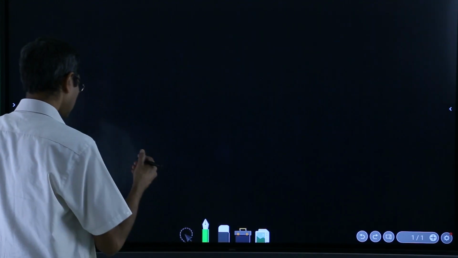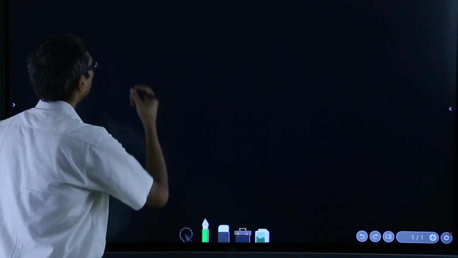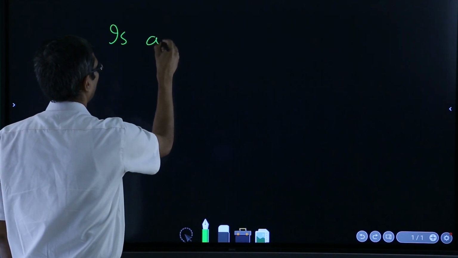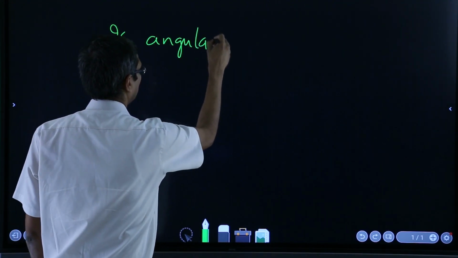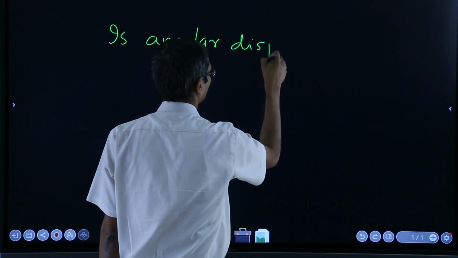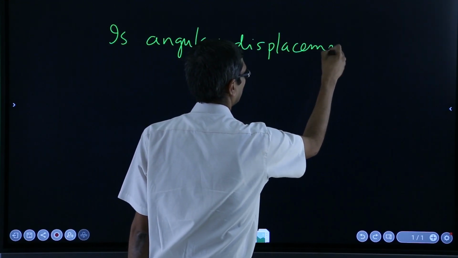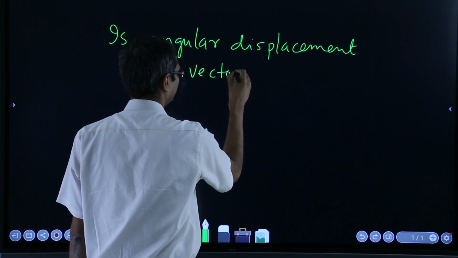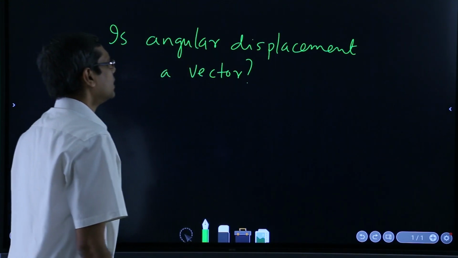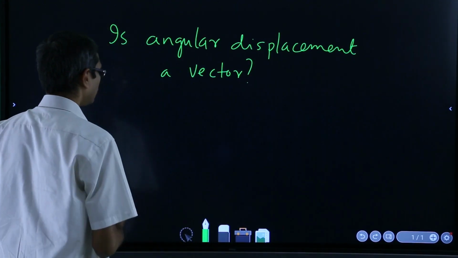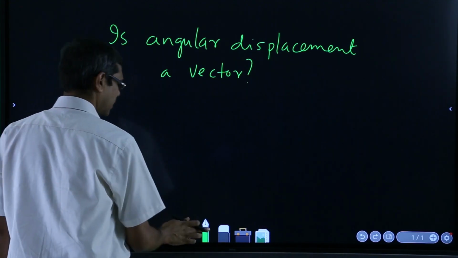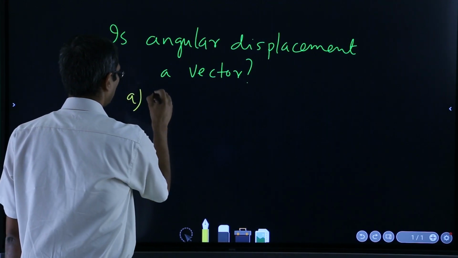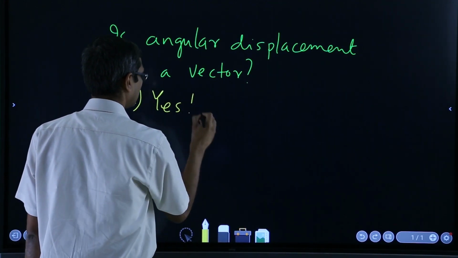So, our question today is whether, okay, let me write it, is angular displacement a vector? Now, the answer to this question is both yes and no. And how is it so? Let us say A, the answer is yes if